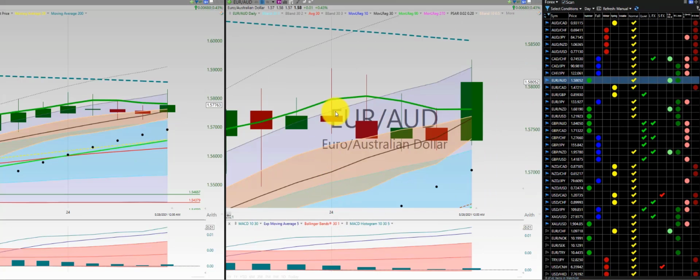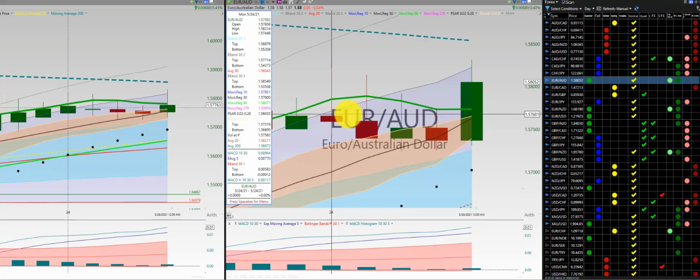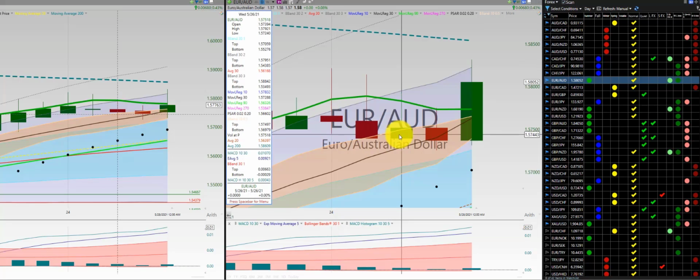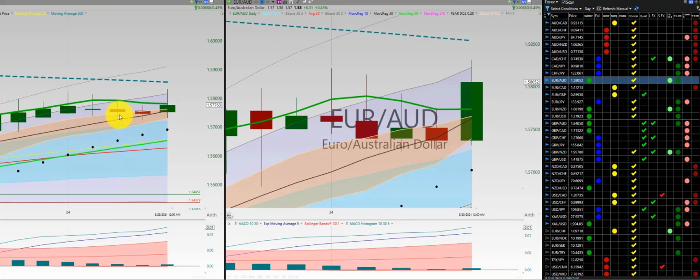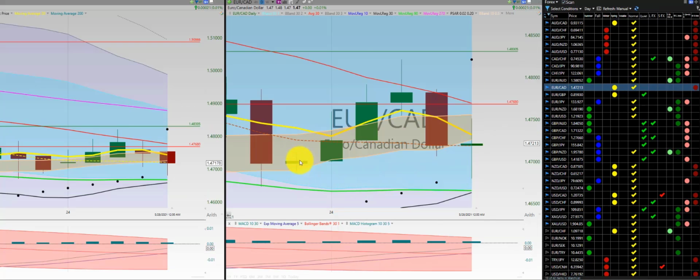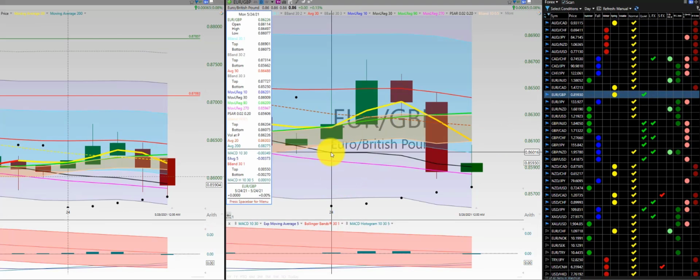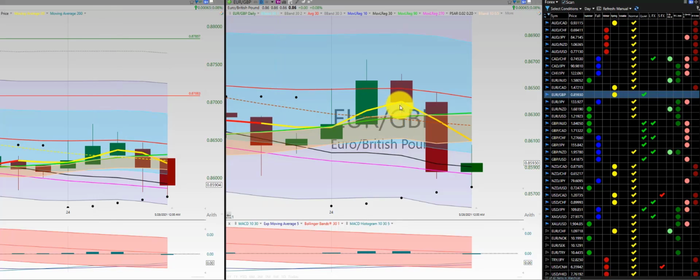Your Aussie dollar. We had an initial trade here, initial indication here, another indication for a 2-candle rule. Would have been out for a loss at this point. The Heikin-Ashi body is below the RL10 and it's red, so I moved my stop down to eventually get stopped out here at this high. Euro Canadian dollar, initial trade here, another trade, stopped out at the low here. Euro British pound, initial trade here, another trade, and out for a loss here for about break even on this